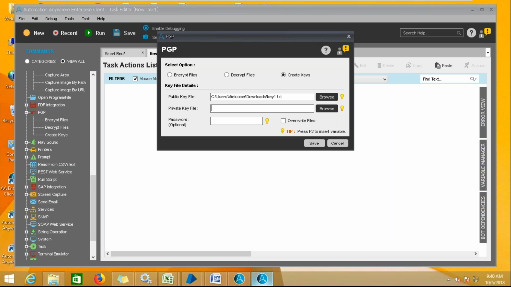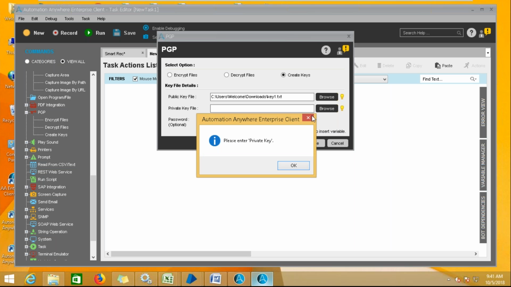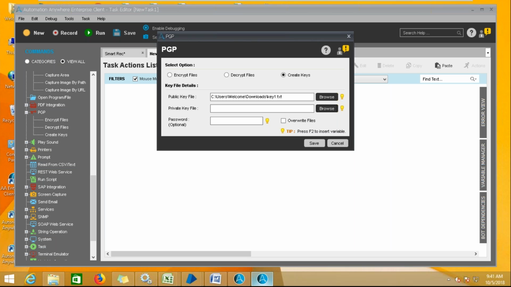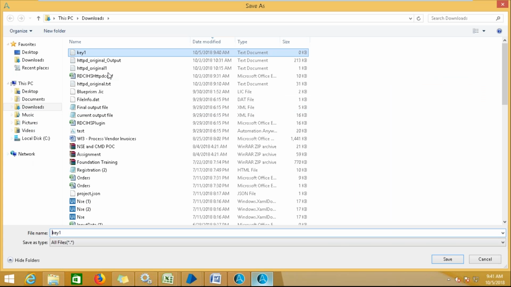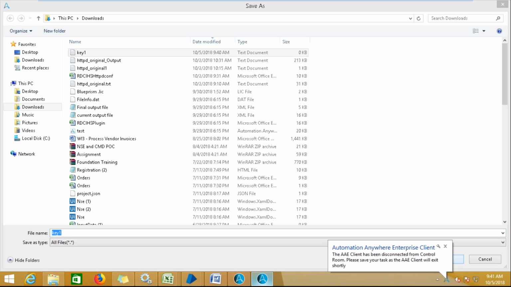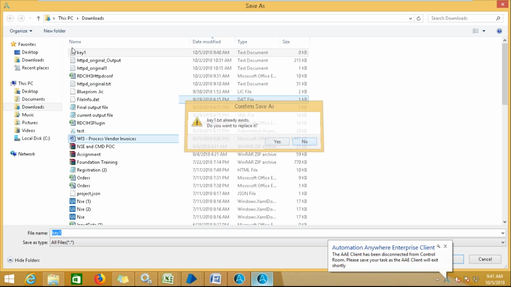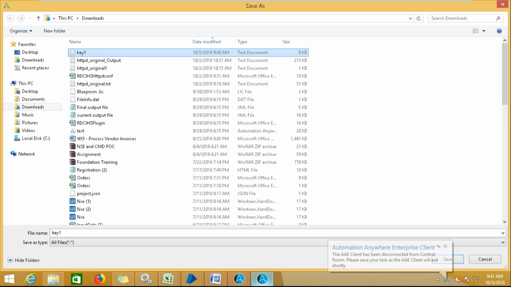Okay. Private key and public key, both you can consume or create. As of now, let's create the public key. And a password, if you want, you can keep it, or else no problem. This key we can also transfer from the control room. Primarily we need to create it or get it from the control room.